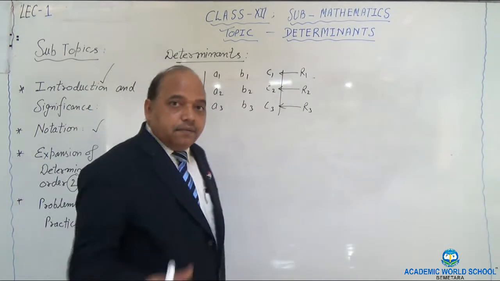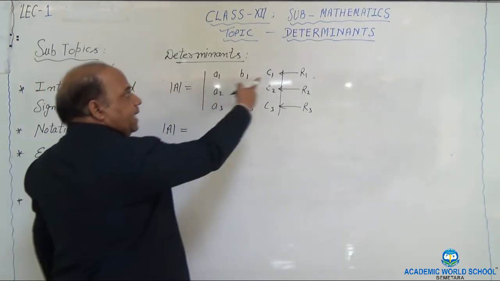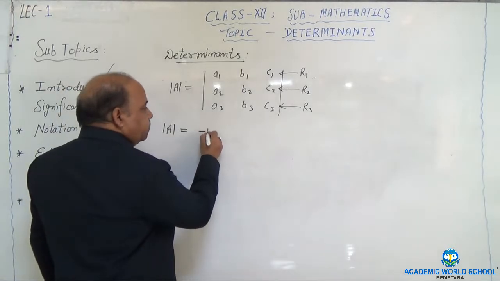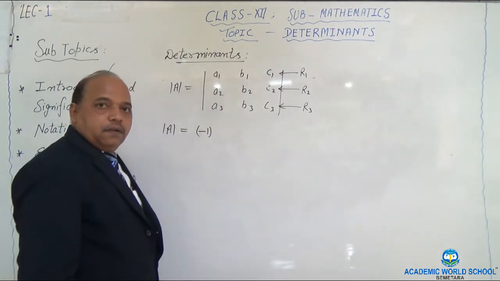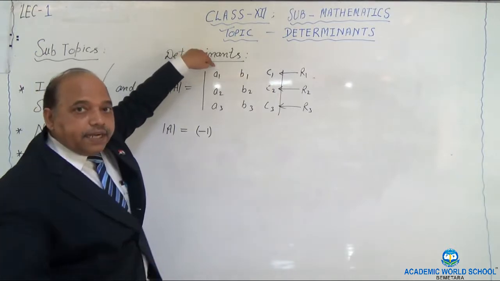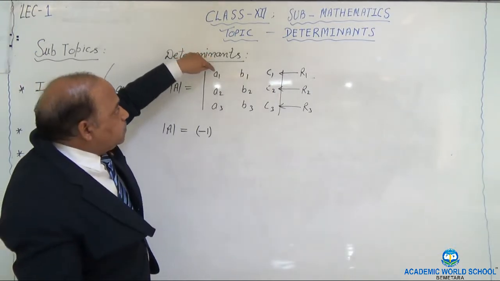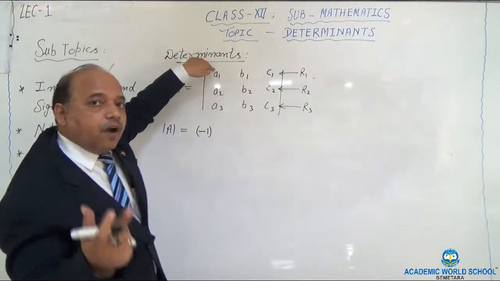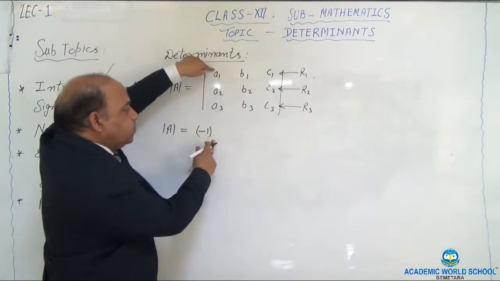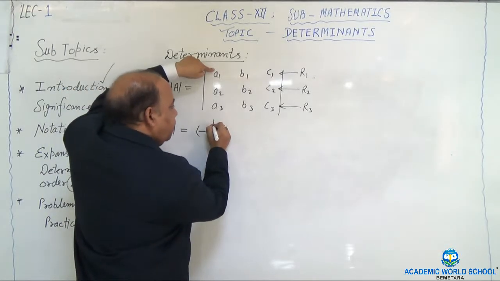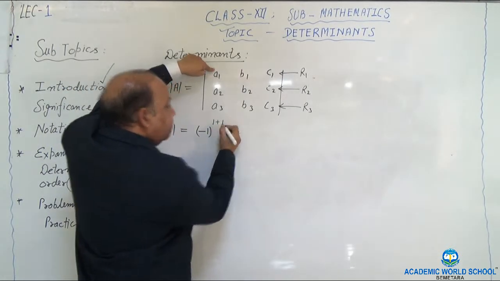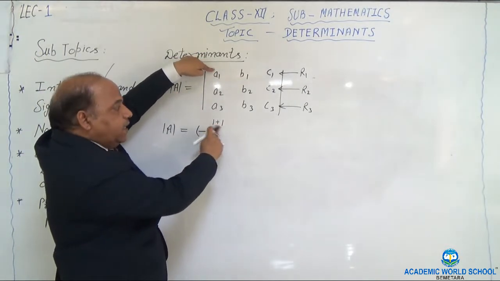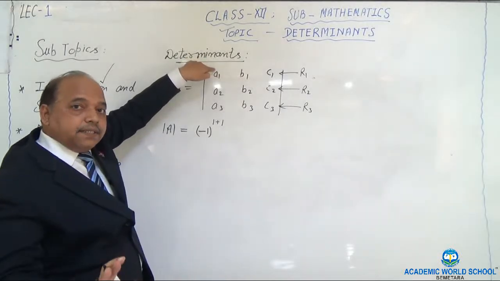So how do we write? Watch this. I am expanding about this. To expand this, what do you have to write? First, minus 1 to the power. I am expanding about the first row, and you are taking the first element. This element belongs to the first row and first column. So what am I going to write? Minus 1 to the power of the row number plus the column number. Write down in which row and in which column it belongs, and add them. This is the first step.